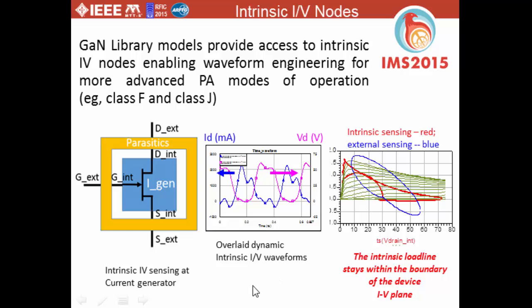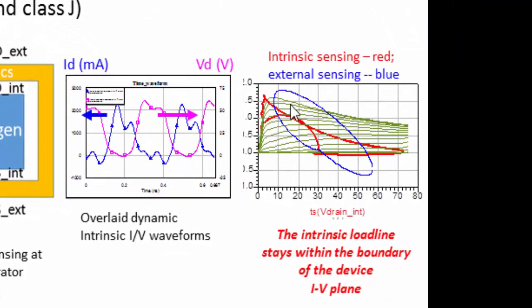The intrinsic voltage and current sensing feature is illustrated in this slide, where we can see the intrinsic voltage and current waveforms overlaid in the plot in the middle. On the right we see the dynamic load line illustrated for external sensing of the voltage and current, where the parasitic effects are causing the apparent IV swing to go outside of the IV characteristic limits, whereas the intrinsic sensing shown in red is more limited to the actual IV